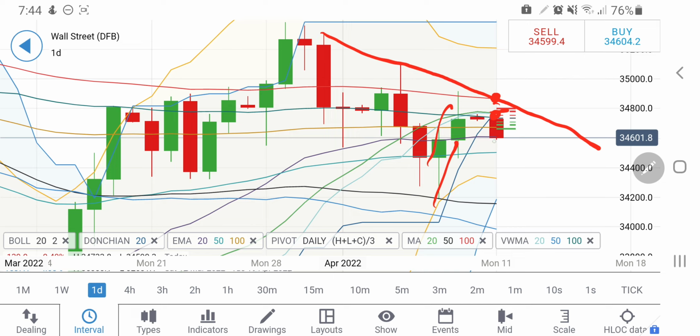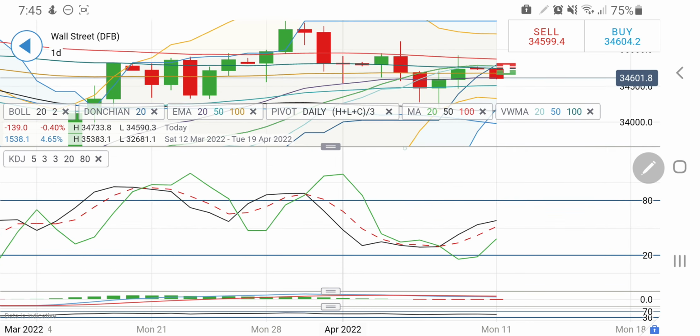And yes, on the downside, breaking the 34,580 zone, you can expect that it is going to hit 34,500, which is going to be stronger support, then 34,400, and below that, see, this is the bottom of the Bollinger Bands. I doubt that it may try to breach the Bollinger Bands out here, but yes, below that the support level at 34,200 is existent, and these are markets, anything is possible.